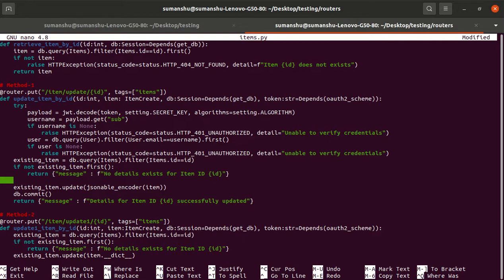Otherwise, if existing item dot first, because this is just a query, using the first keyword we will get the whole row. For that existing query, if the owner ID of the particular item is equal to user dot id, only then does the particular item get updated.